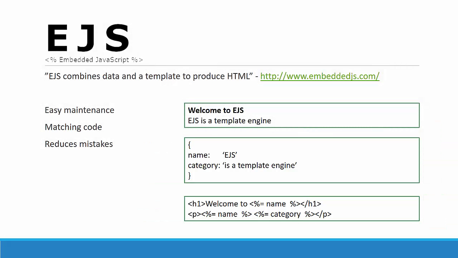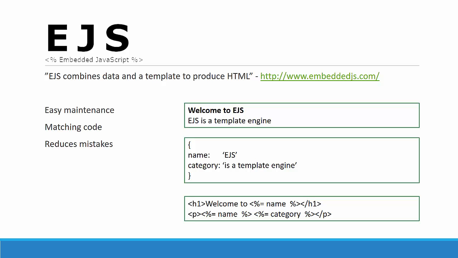This is not the best example because it's very simple, but I hope that you get the idea of how you can reuse data from your data layer, and that you do not have to type EJS 2 times in our example. We just have to reference it 2 times. I'll show a more complex example in the next slide.